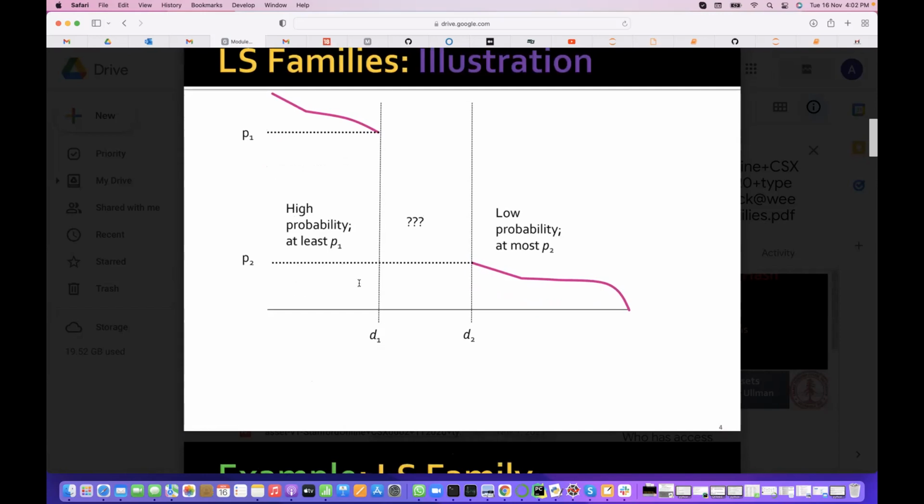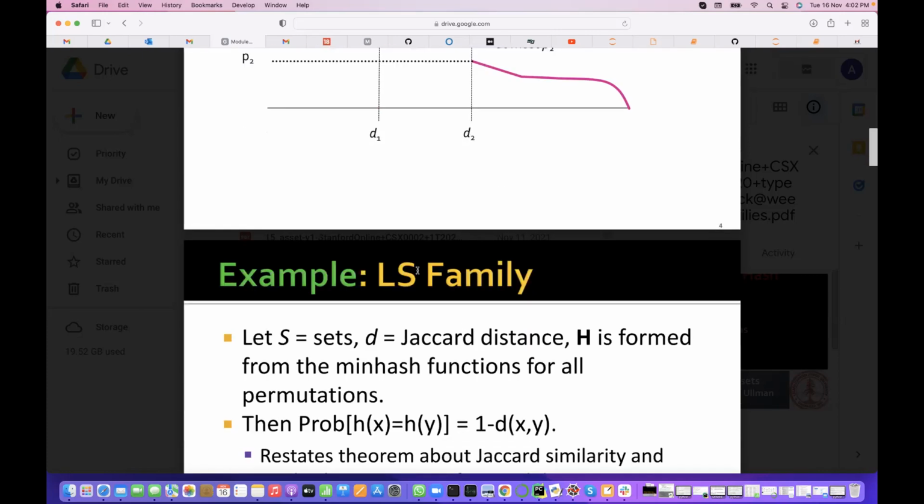So here, pictorially, less than D1 gives high probability, at least P1. If it is greater than D2, low probability, at most P2. Then what happens in the middle? In the high-probability region, you can take them as similar, since there is high probability that they are similar, and there is no need to probe much. If you get 99%, let's say, then no need to probe much. And if they are only 1% or 0.5%, no need to worry about them. So the worry is between D1 and D2. What percentage will come in the middle?